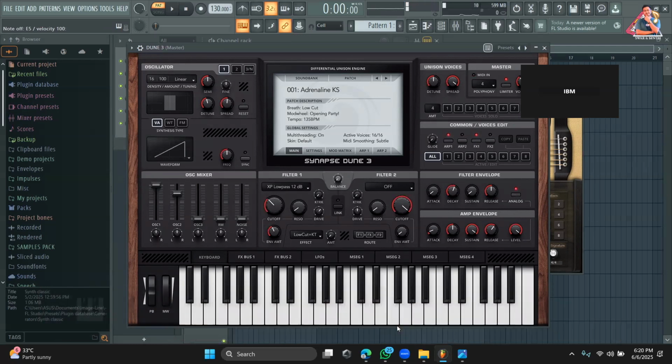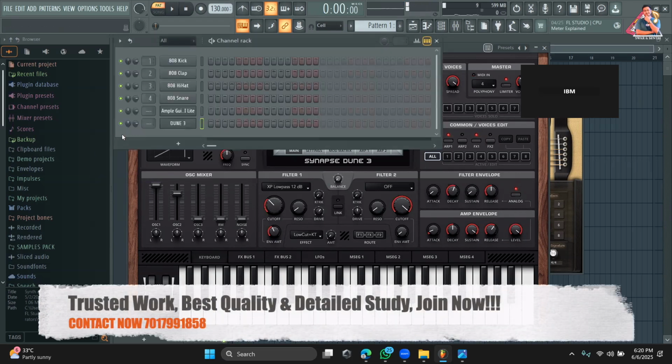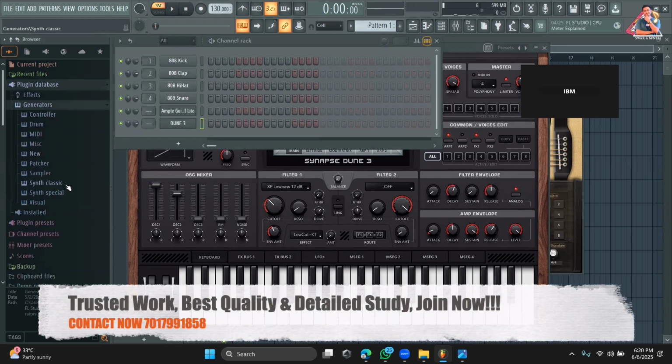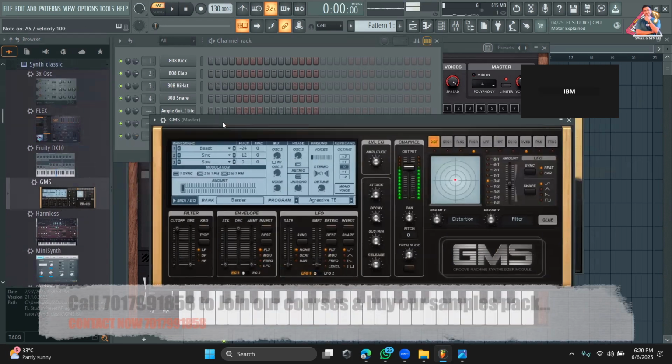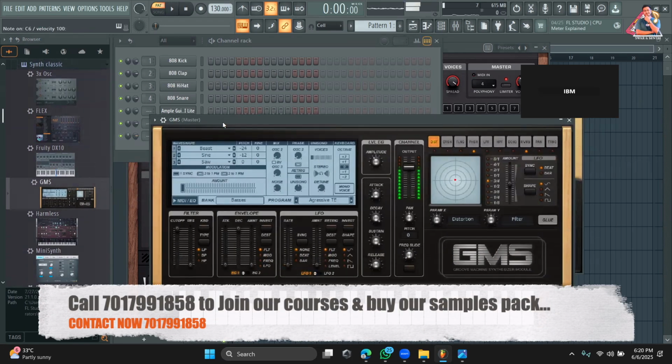We just listen to the dynamics of these songs, how professional they sound. You can listen to the depth, the dynamics, the stereo, the reverb, the delays, and the professional quality this sound is creating. And when we go to FL Studio and I take a sound from generators here, go to any generator like GMS here, and you listen to the sound,